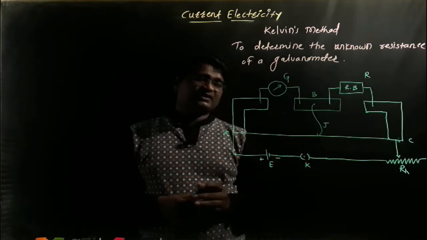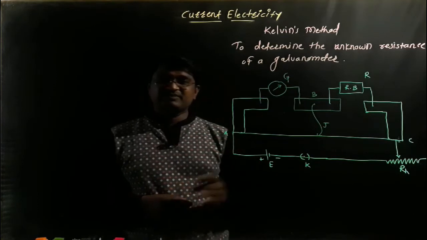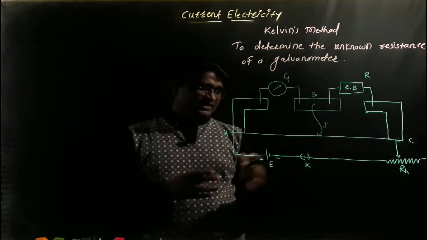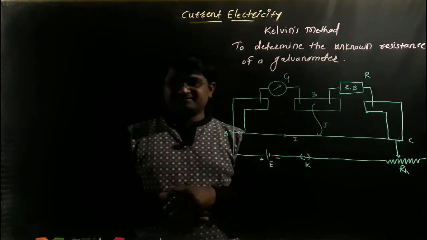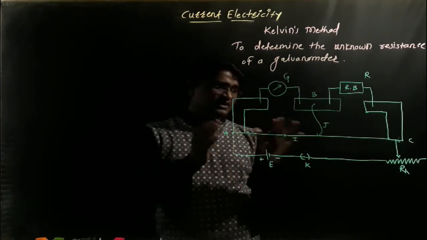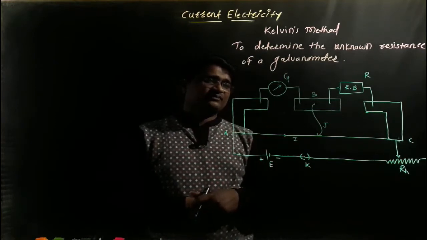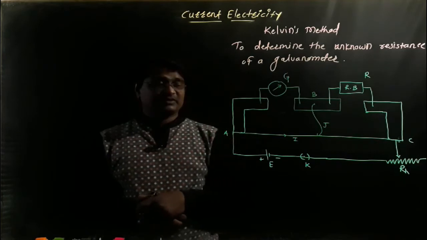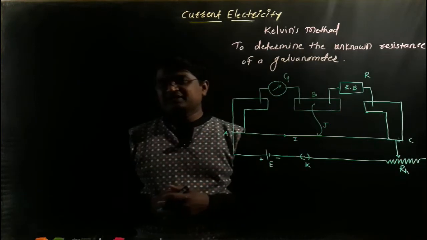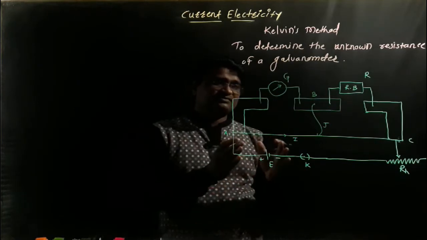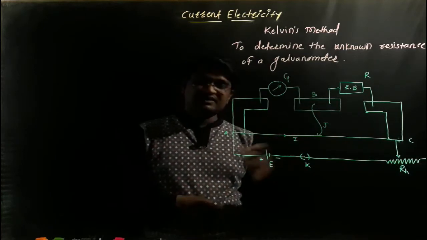Let's imagine the working of the given circuit. Let's say the circuit will be closed, it means the key will be closed. When the key is closed, electric current I passes through the wire AC. Then we note down the deflection of the galvanometer. We observe that the deflection of the galvanometer is exactly in one direction when the key is closed.